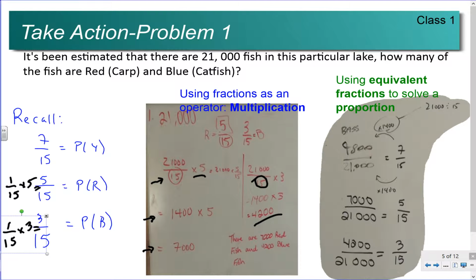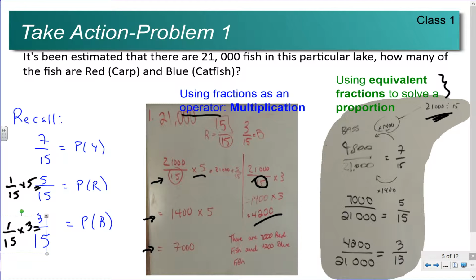So that technique is something known as using fractions as an operator. So using multiplication as an operation. Over here on the right-hand side, here's another strategy. Here's a group of students who had used equivalent fractions to solve a proportion. So first, you can see here they had determined a 15th